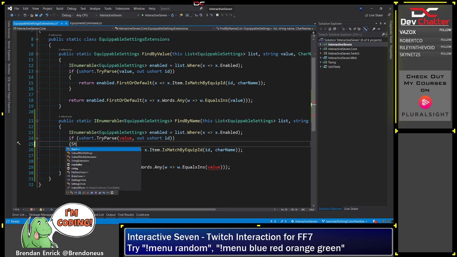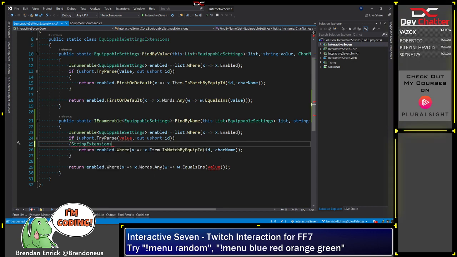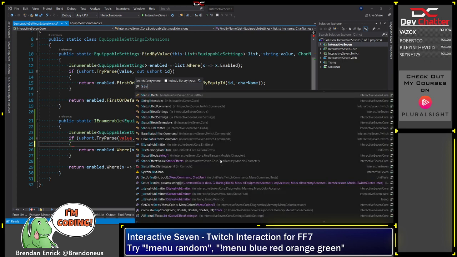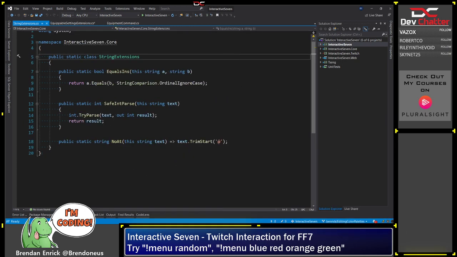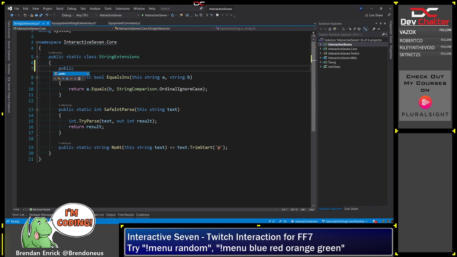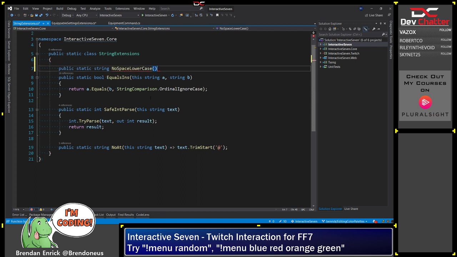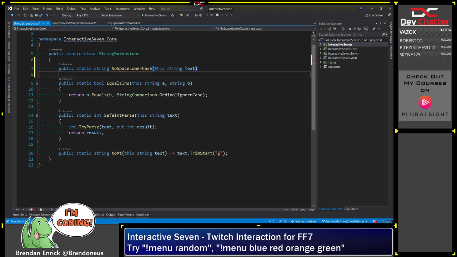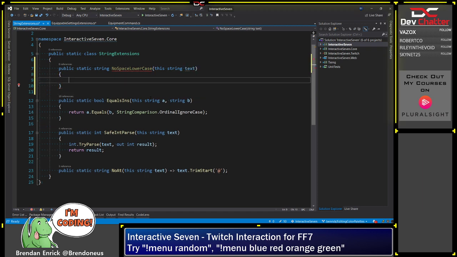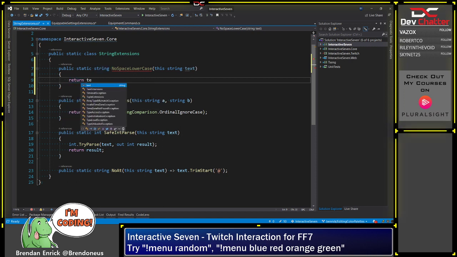Do we have string extensions? We do. String extensions. What do we have? The no space lowercase. This string text. Just as a nice wrapper around this. So it'll be text dot